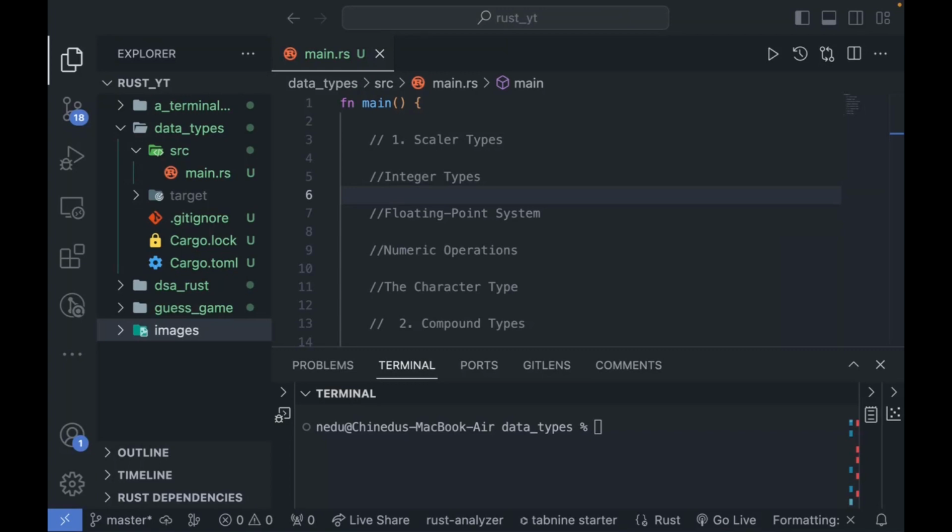So today we are going to be talking about data types in Rust. I've already set up my work environment and everything. You can go ahead and create a new project with cargo new and the name, maybe data types, basically, and you'll be able to generate a new project. So today we are going to be talking about data types, as I spoke earlier, and let's get right